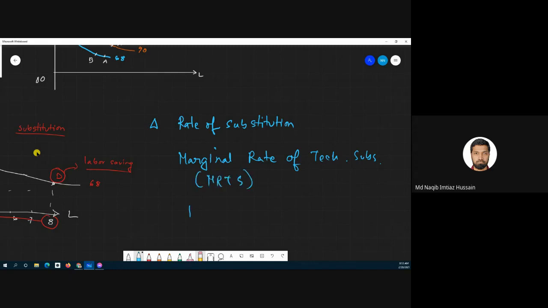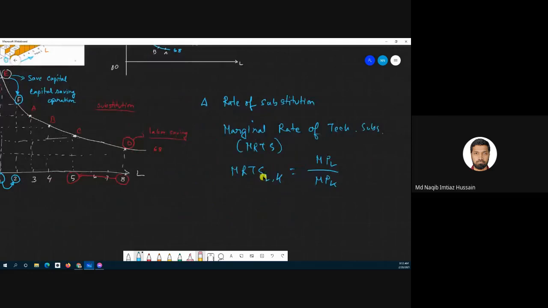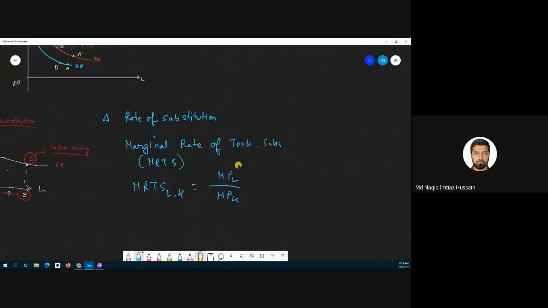And you are basically substituting L for K. So this is how you calculate MRTS LK: marginal product of L divided by marginal product of K. And that gives you a good sense what you have to substitute. For example, if you have a high value of MRTS LK, that means you have higher MPL, okay? If the marginal product of L is higher, then the marginal product of capital,